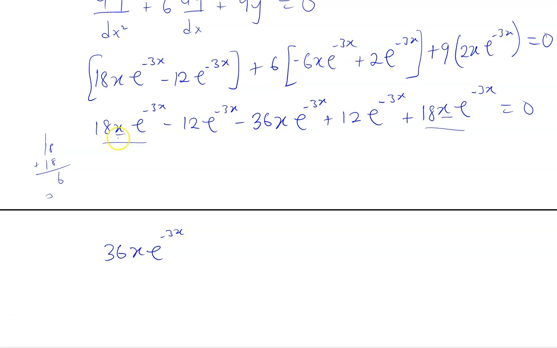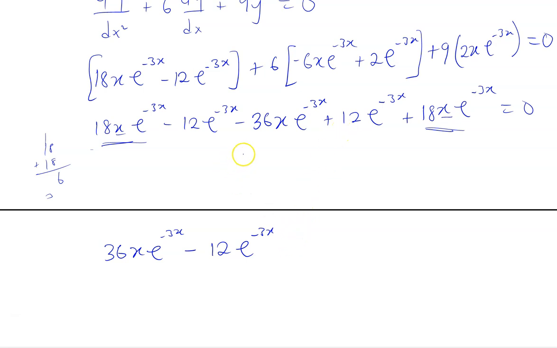Very good. Now I have minus 12e^(-3x). Very good. Then the next one will be